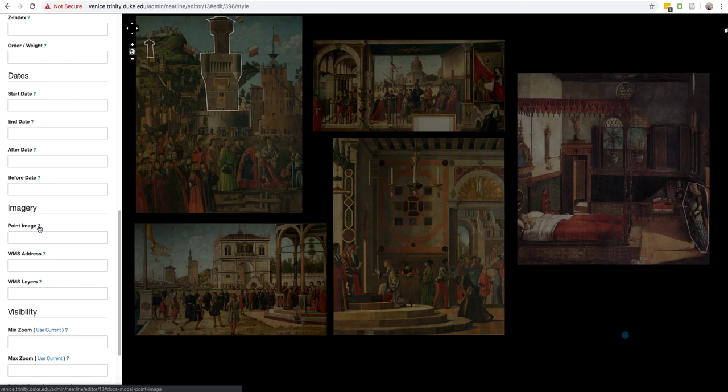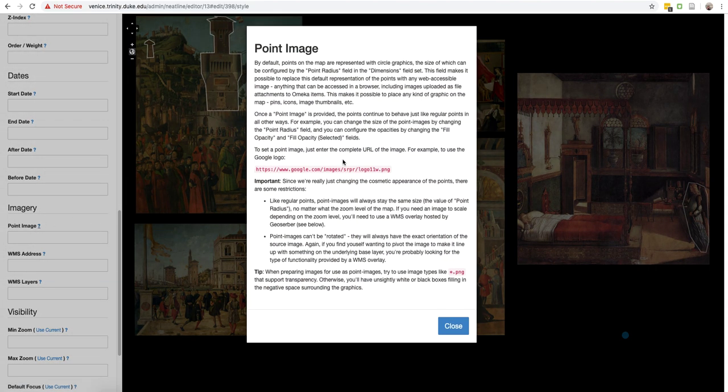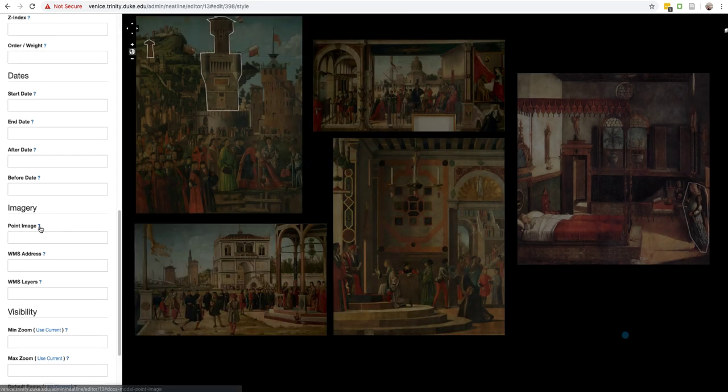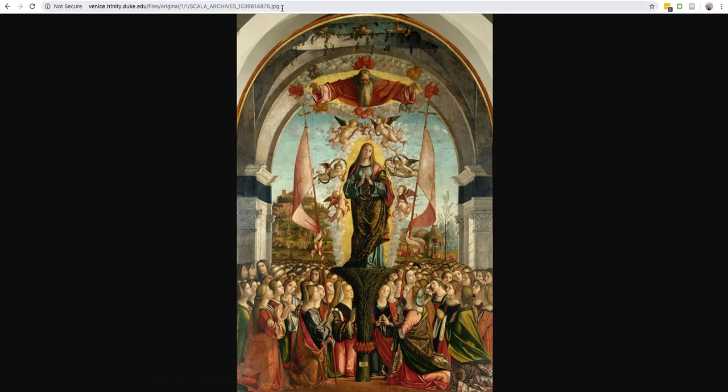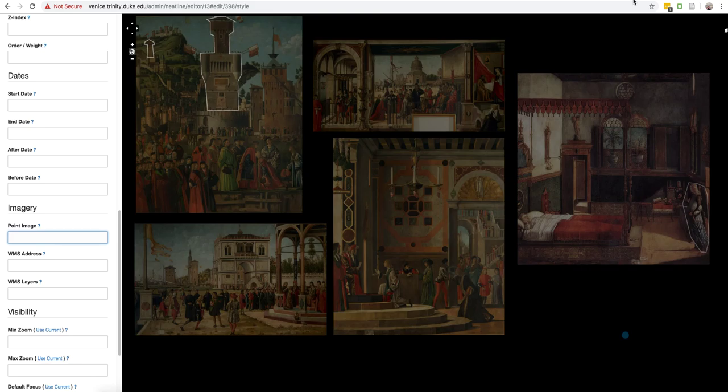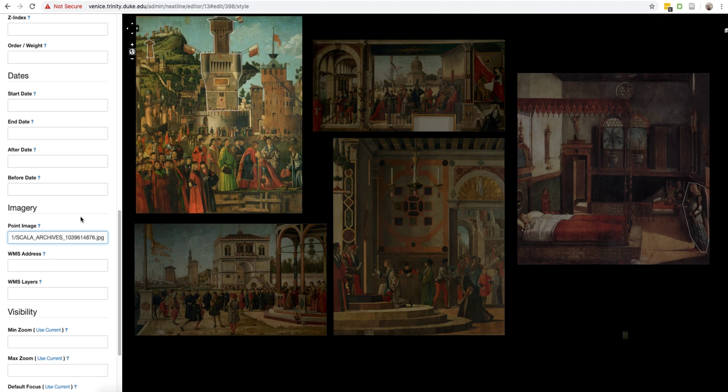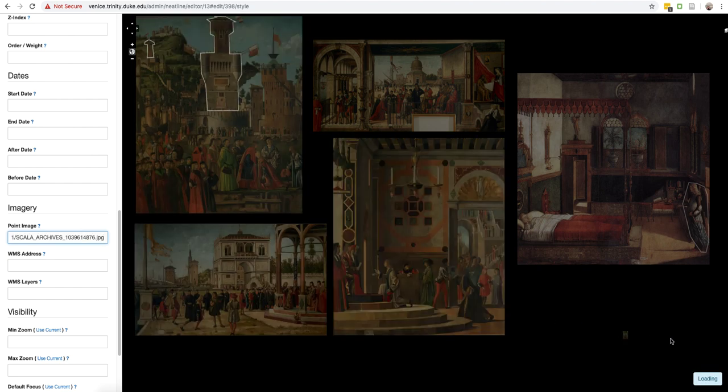text box. If you click on the little question mark, it explains a little bit more about how this point image gets used, but what we need essentially is a link to the image that we want to use. So if you've already uploaded that image into an Omeka item, then we can use that file. So I'm going to go over into Omeka. I've got my corresponding Omeka item here. Remember, if I click through to the file and get that file URL at the very top, then I'll copy that, and back in Neatline, I'll paste that into my point image, and you should see it has appeared, but